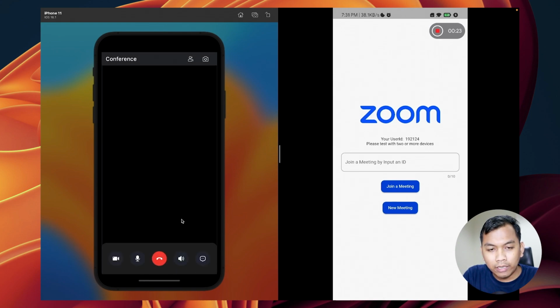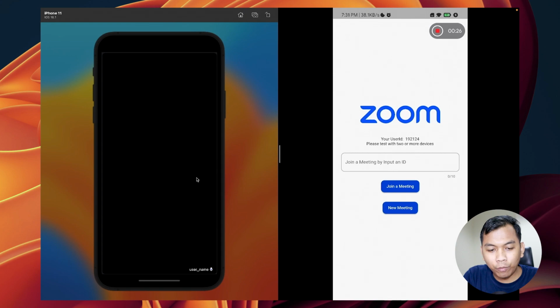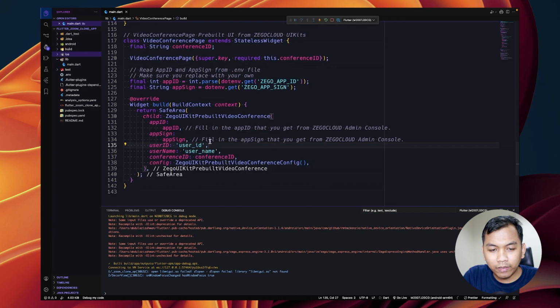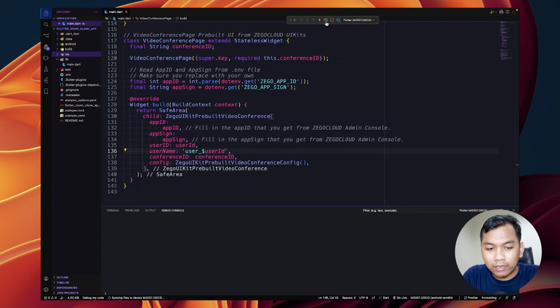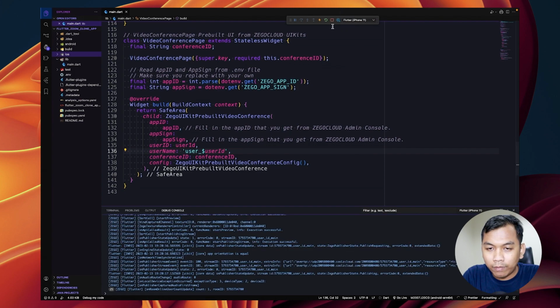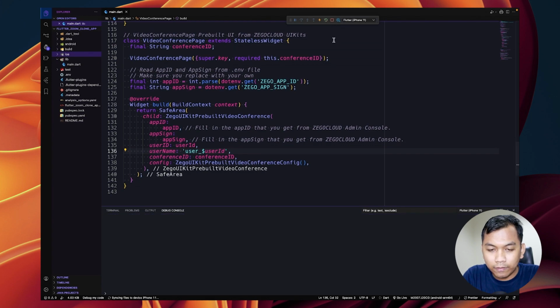We have a mistake here and we need to replace it: the user ID will be the user ID, and the username for now, let's make it user underscore user ID, and restart our app for Android and restart our app for iOS.